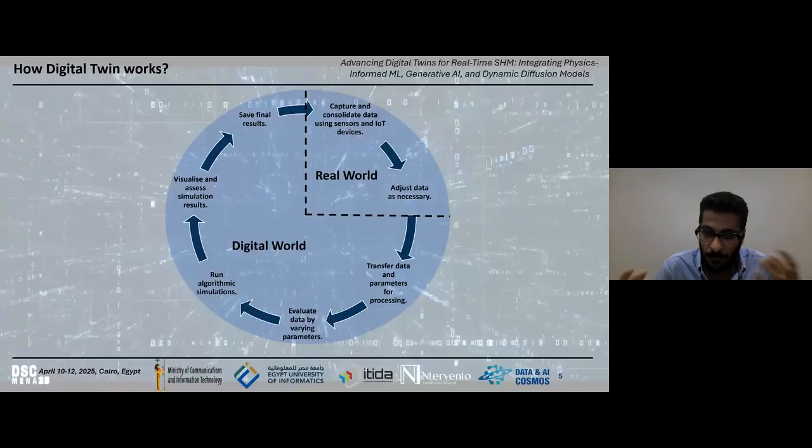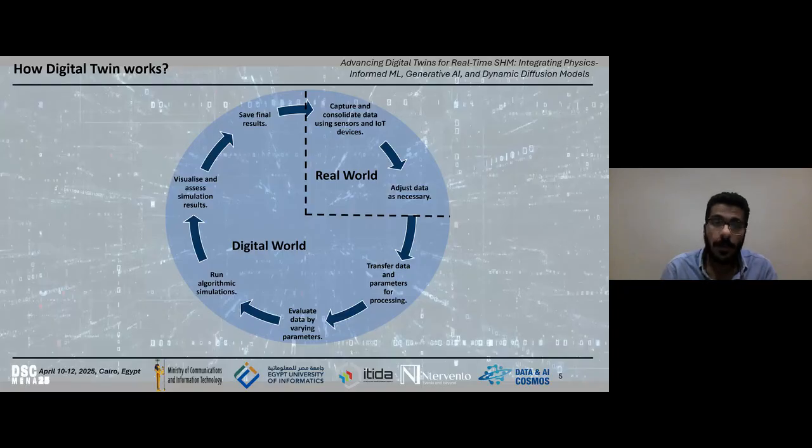It simply works, as I said, like this: you can imagine that we have a physical world, a real-world system or object or asset, and a digital world. Once you have sensors placed in the object, or once you have the data, you can update your virtual model with this real-time data, and if you need to change the parameters or the information, you do so to have a match between the real world and the digital world.